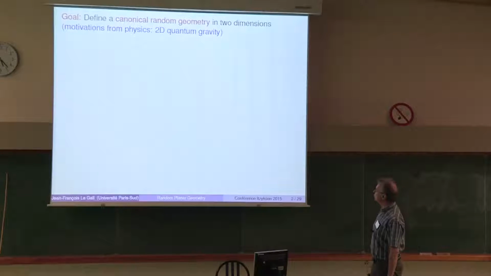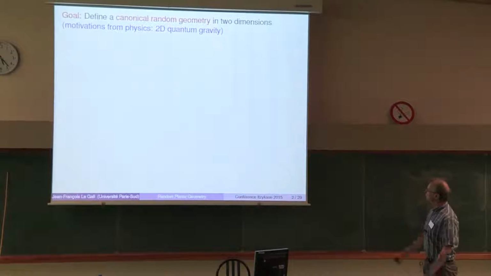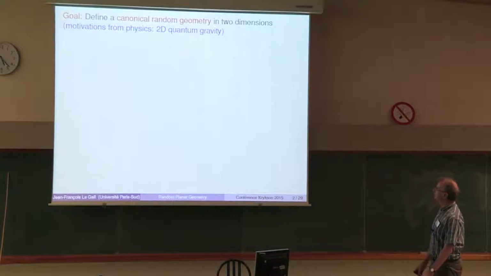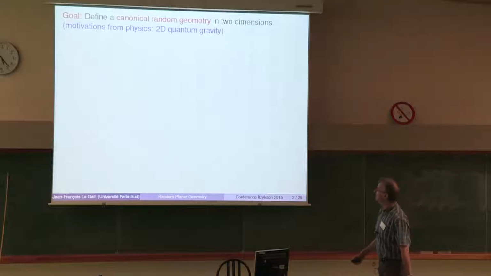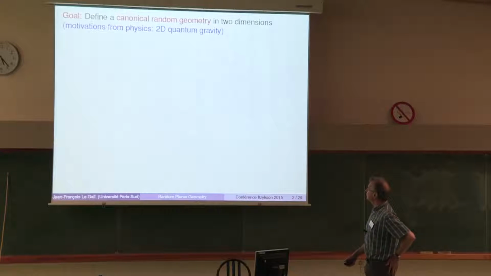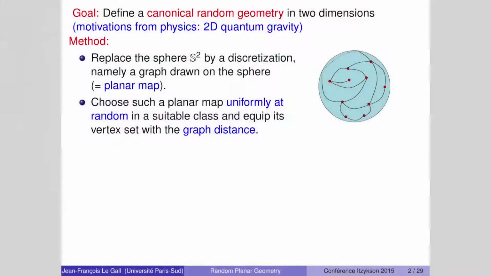From the mathematical point of view, what we want to do is just to have a canonical random geometry in the plane or the sphere in 2 dimensions. And of course, there are strong motivations from physics that you know better than me. And the method we are going to use, well, just